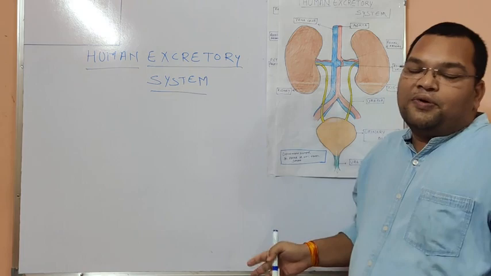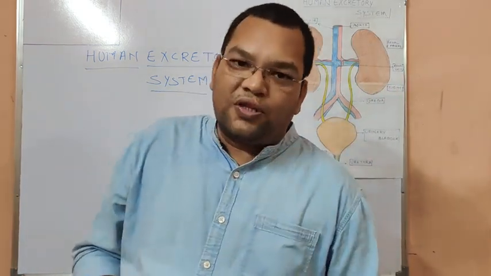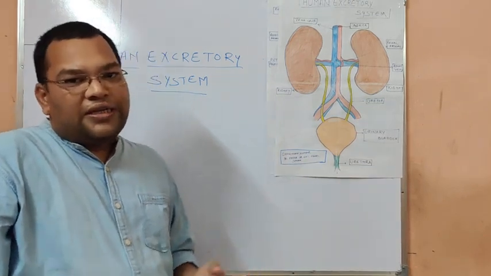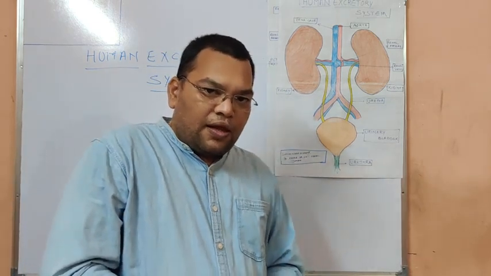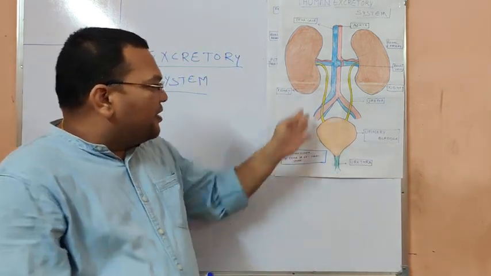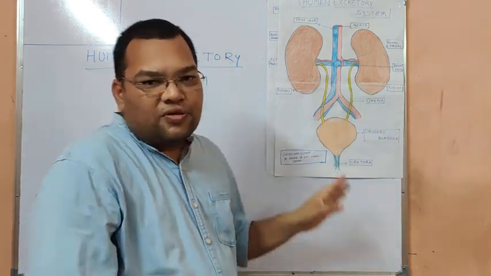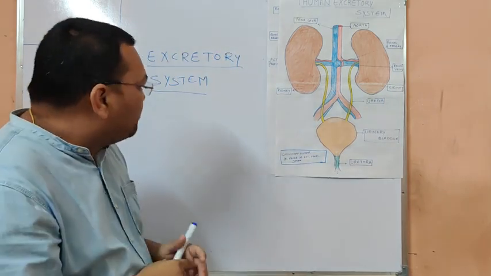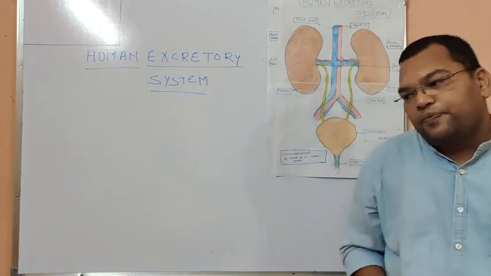So this is my last video for you for this chapter on life processes. In this video, I am going to study excretion in humans and excretion in plants. As you see here, the human excretory system diagram is already made. I made it for you, so one by one I'm going to tell you about the topic.